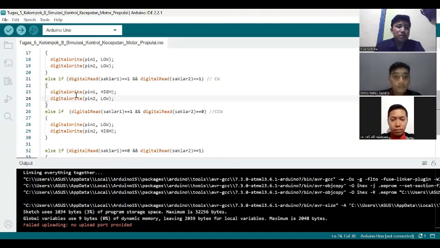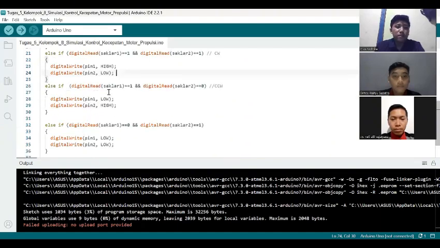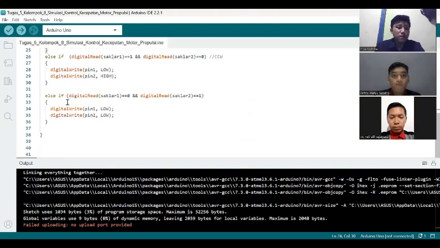Digital write pin 1 is high and digital write pin 2 is low. Else if digital read saklar 1 output is high or 1 and digital read saklar 2 is 0 or low, then CCW, and digital write pin 1 is low, digital write pin 2 is high.